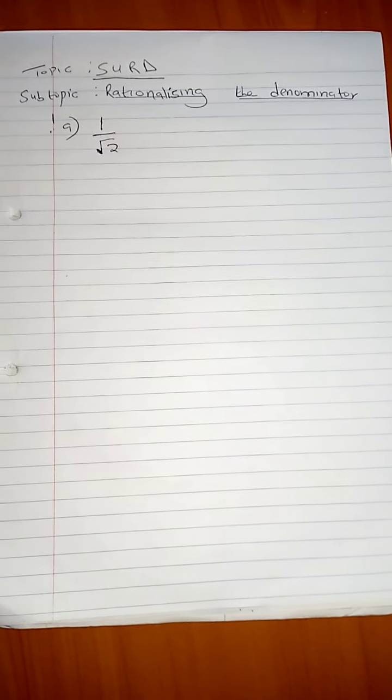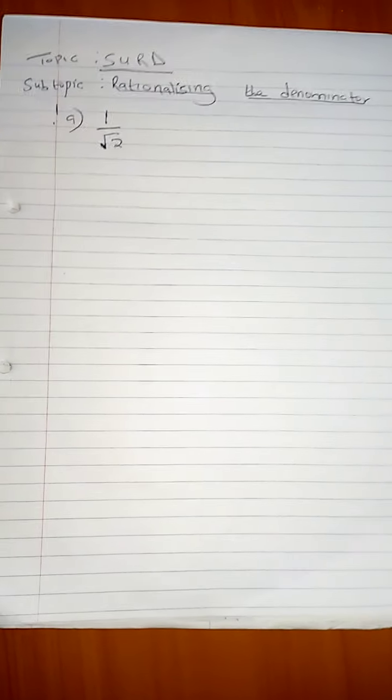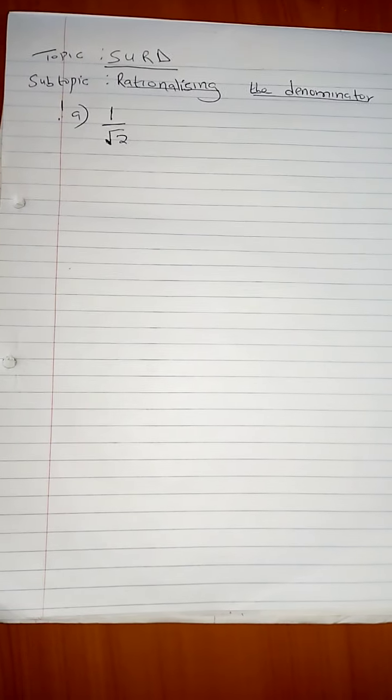Today we are going to learn a topic called surds. Subtopic, rationalizing the denominator. When you're talking about a surd, it's any number under the root. We cannot get the exact value unless we get the decimal part. That is a surd. So in this part, we are going to discuss the subtopic,